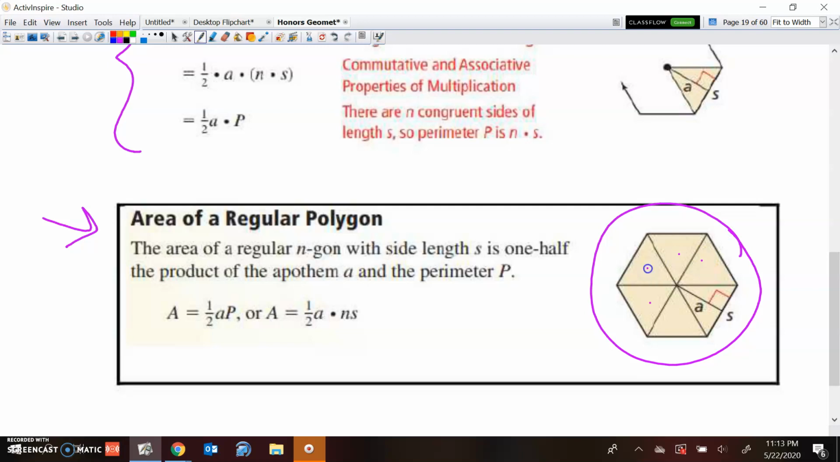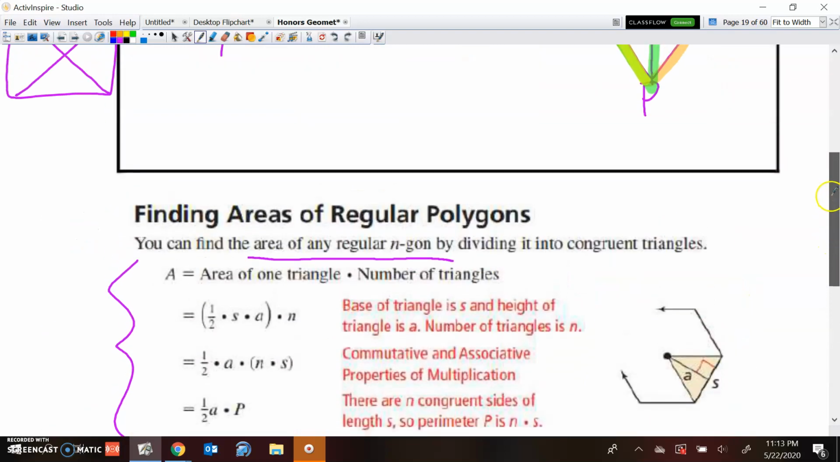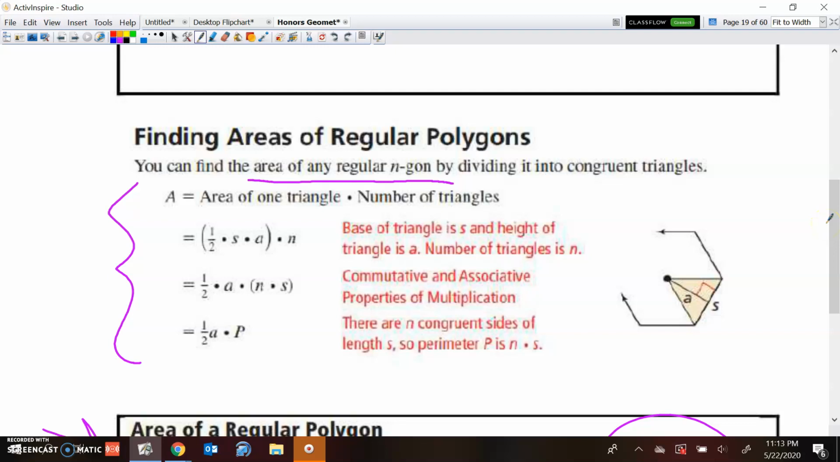There's 1, 2, 3, 4, 5. Remember, that's a whole 6 triangles, which is what it should be. It's a hexagon, so 6 makes sense. All you have to do is find the area of one triangle and then multiply it by 6, right? Multiply by the number of sides there are. So that's what they say here. The area of one triangle times the number of triangles that you have, which is the same as the number